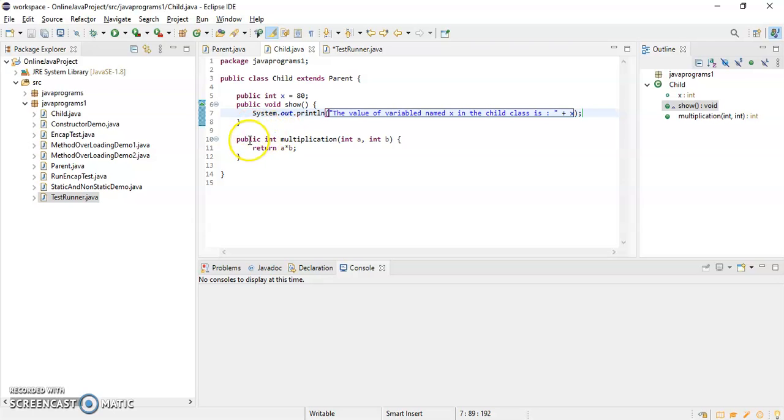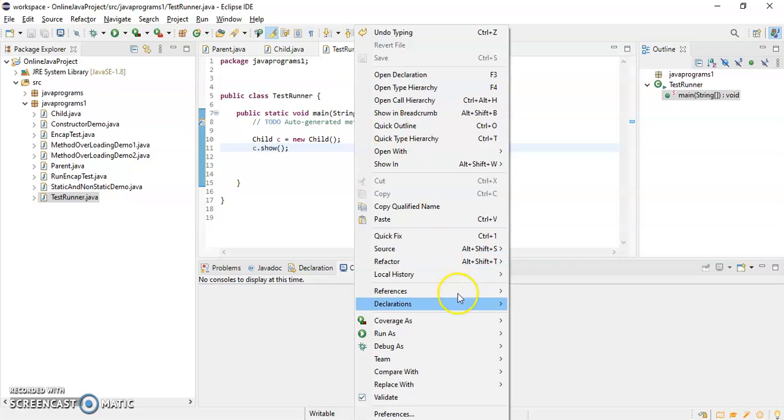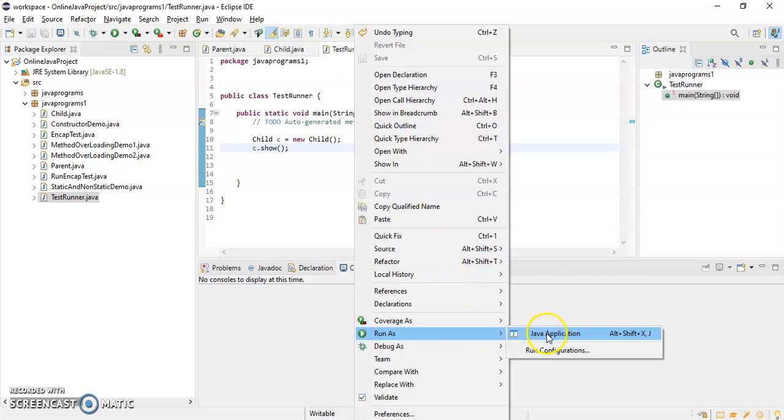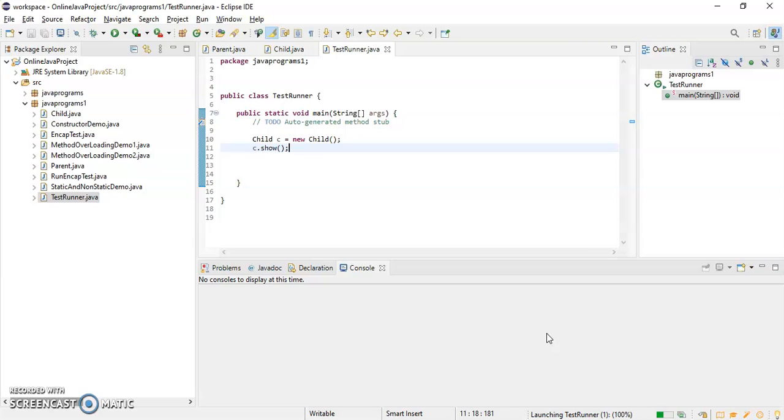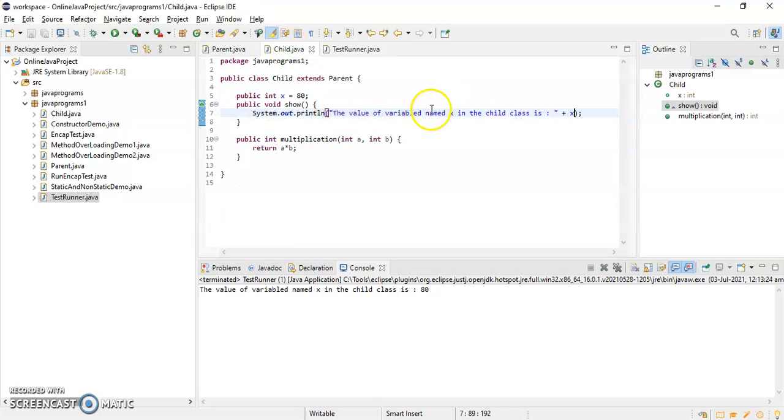If I execute this program, run as Java application, I'm getting the value of variable named x in the child class is 80. Let me correct it: the value of variable named x is 80.